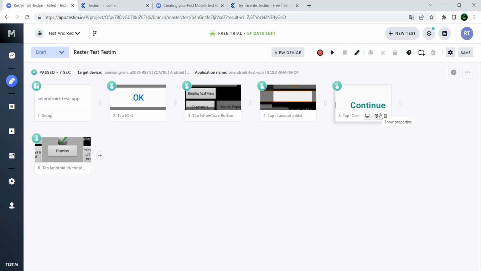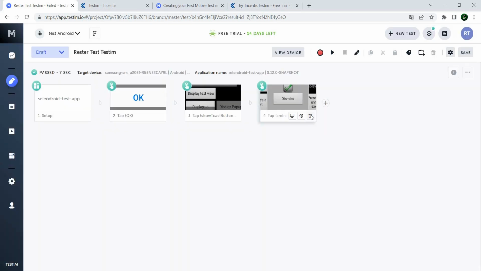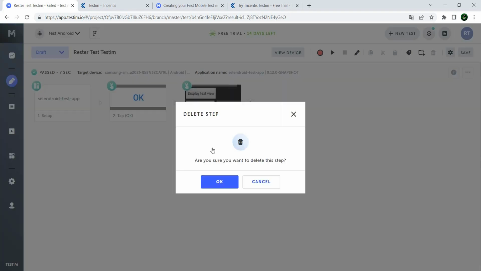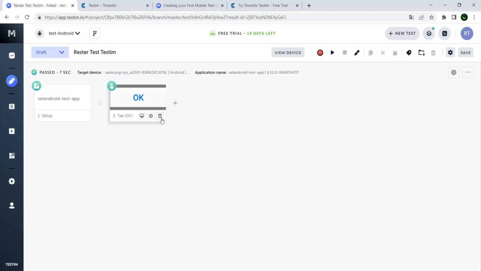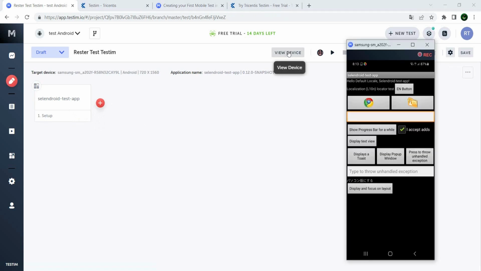delete all of the steps that we had before and start a new test from the actual beginning, where I'm going to show you how you can do an assertion, because for me, if you do not have any assertion in your test, then that's not a test, because you're not checking anything. So let us just, I don't know, click on this element right here,